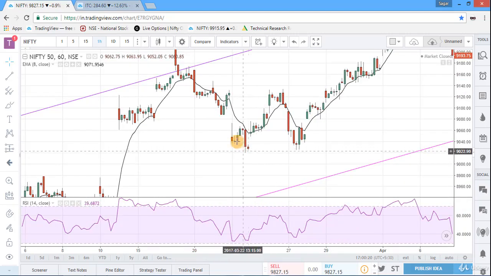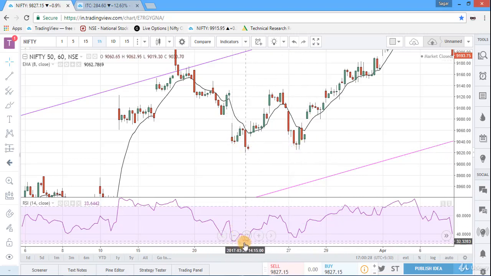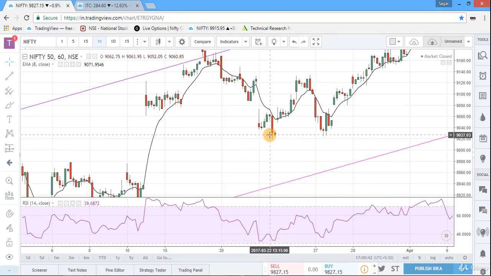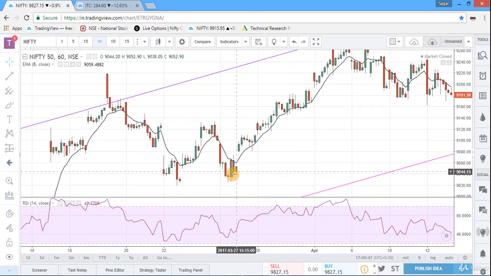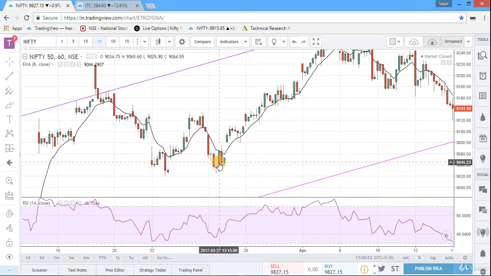Again this low and this low, see they are at the same level, but as for RSI, this was the level and this was this level. So RSI is giving a positive divergence. Now RSI is moving in an upward direction and prices are at the same level. They are not moving in an upward direction. So after this consolidation, prices move in an upward direction. We can take an early position here.